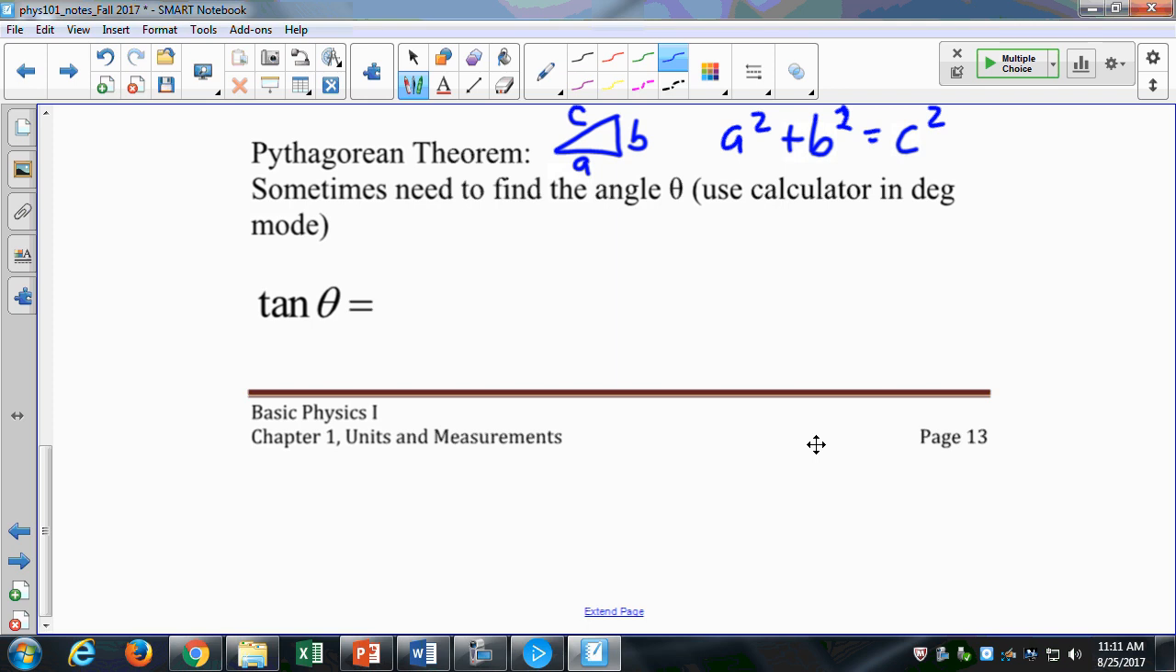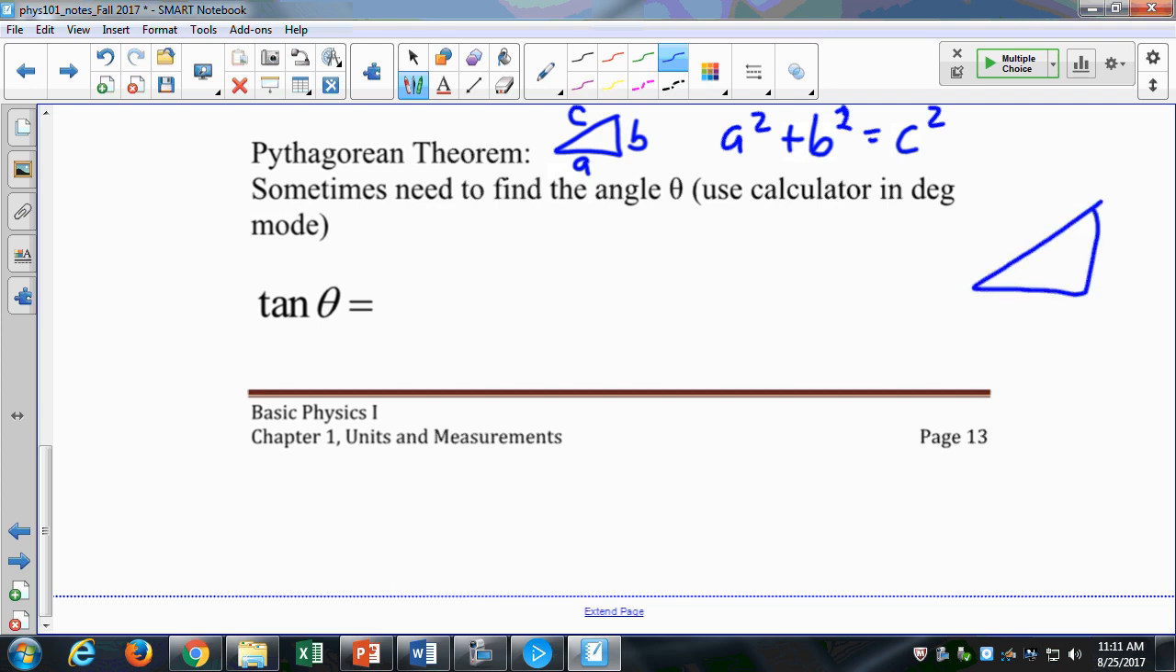Sometimes you need to find the angle. So say, for example, I have a triangle that looks like this. Say this is my angle theta, and I know that this side is 4 units long, and this side is 3 units long, and I want to know the angle theta. What am I going to do? Well, I say the tan of theta, which is opposite over adjacent, Sohcahtoa, T-O-A. Tan is opposite over adjacent. The opposite side is 4. The adjacent side is 3. So I say the tan of theta is 4